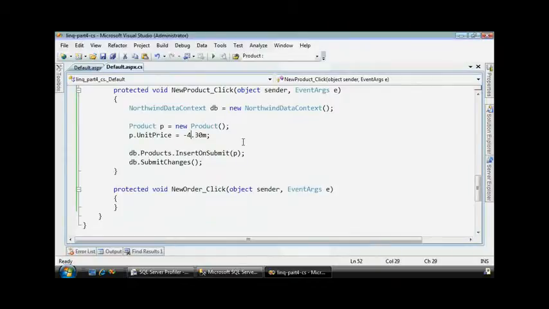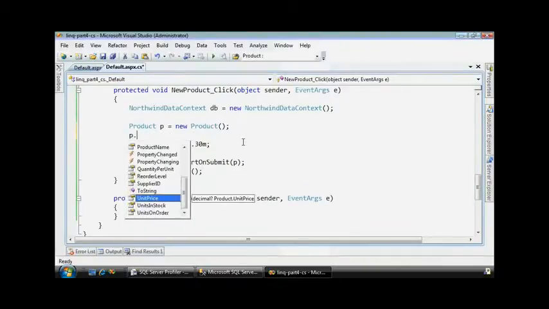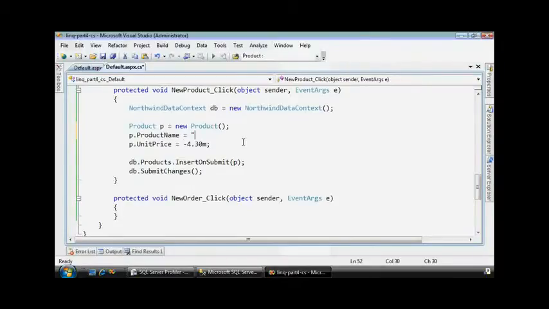So in order to pass this one, it complained that the product name can't be null, so I'll call it delete me since I want to remove it later. If I continue,